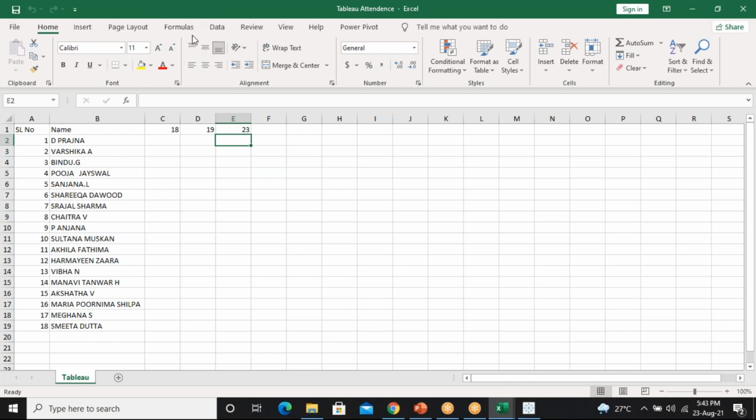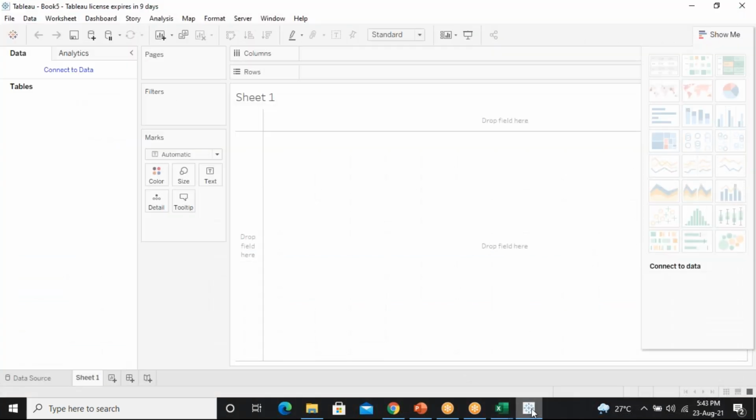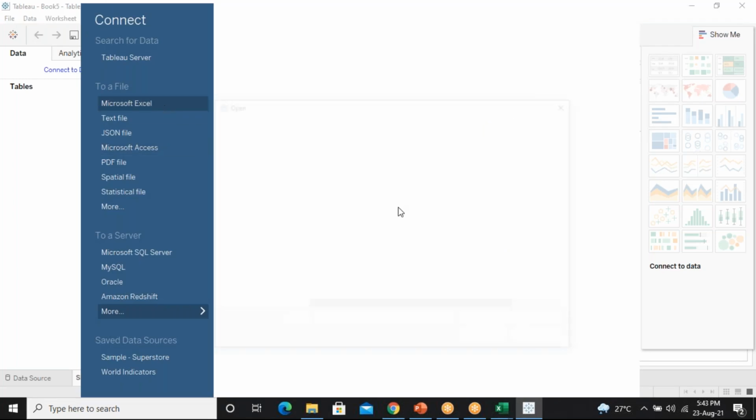So who has downloaded and opened it? Tell me. So 5 members have not downloaded. The remaining I have seen. How many of you downloaded and opened? Yes, sir, we have downloaded and opened it. Okay, so from where you opened, open the same file, don't import a different file. From the same file, connect with that. I want to connect the data.